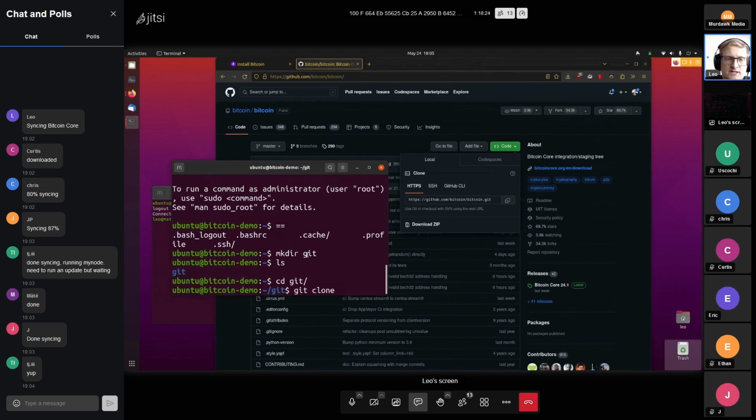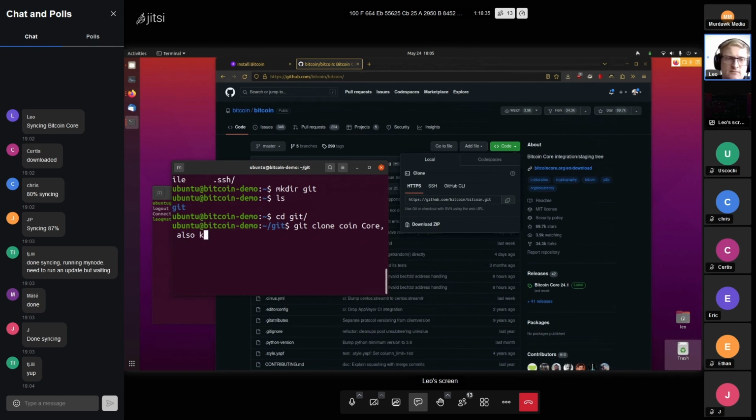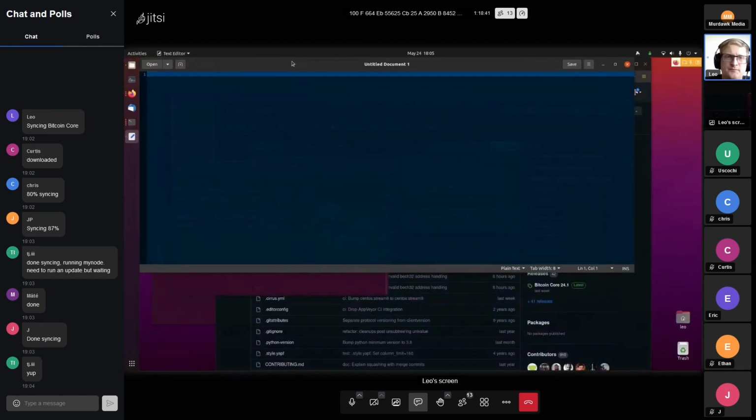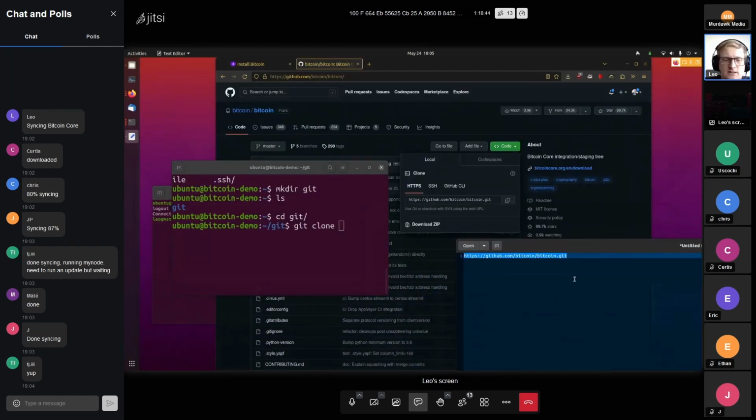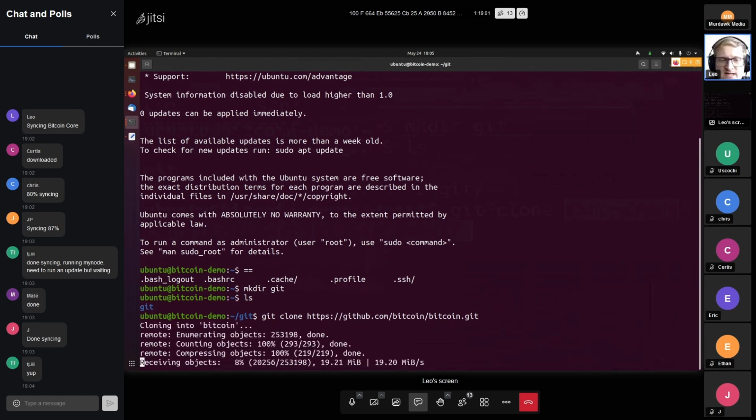The command to clone this is git clone. I think some of us have noticed that git is not always installed. If it isn't, we have to run sudo apt install git, but in this case it comes installed by default. So this is downloading all the code into the folder Bitcoin,